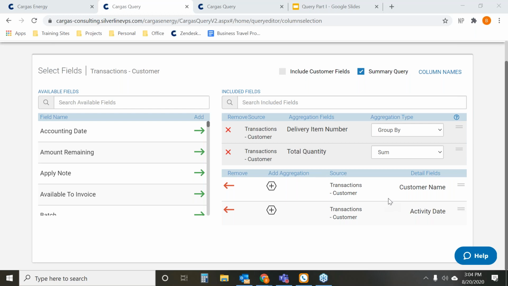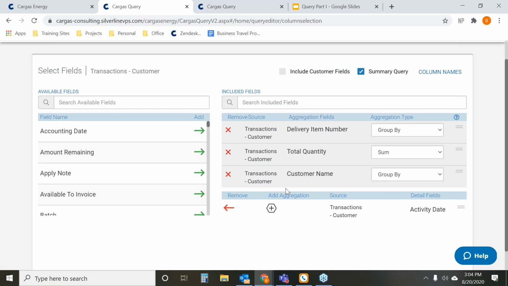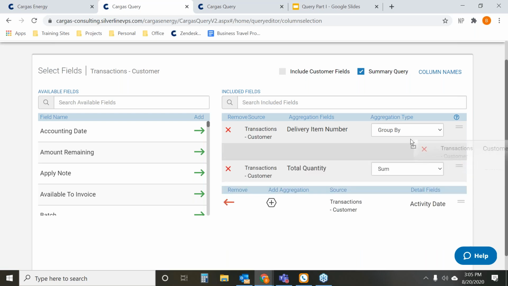customer ID number, whatever you would want to use to group that, you can choose that as an additional total field. So I would select, in this case, I would add in customer name, and I'm going to tell Cargas to group by item number, group by customer name, and then total the quantity. But it's important that we have this in the right order. So in this case,